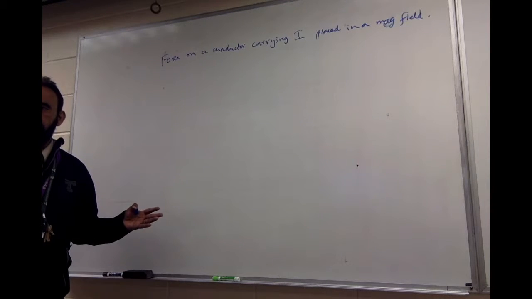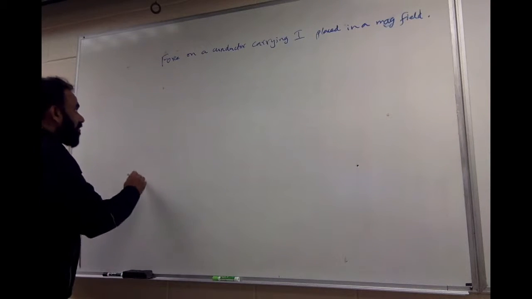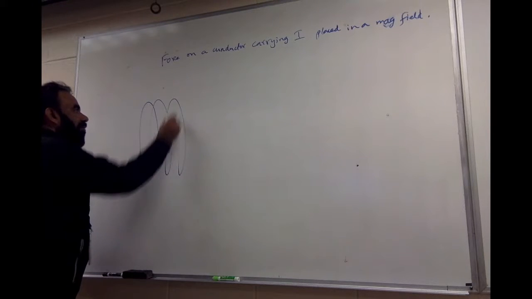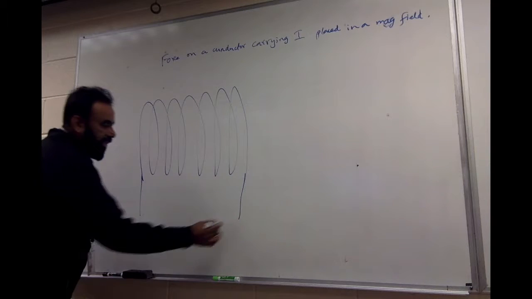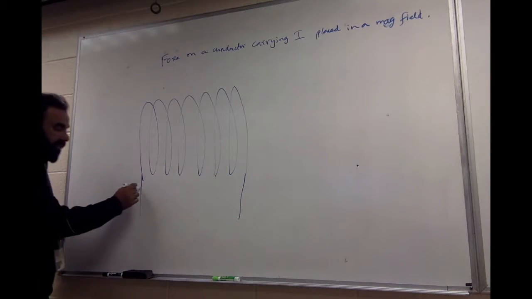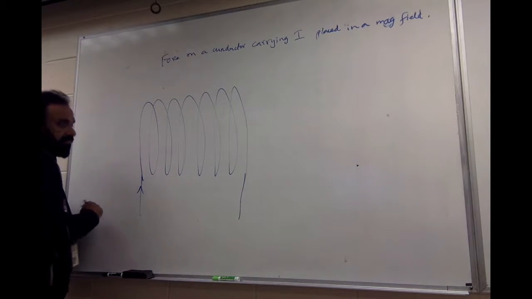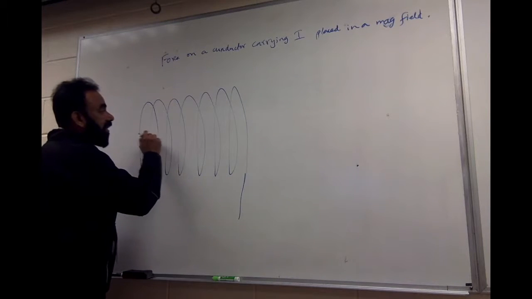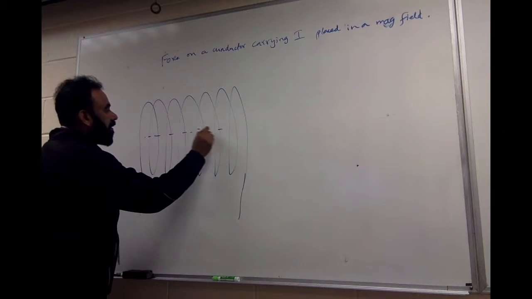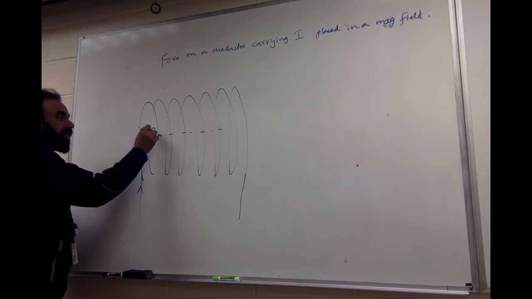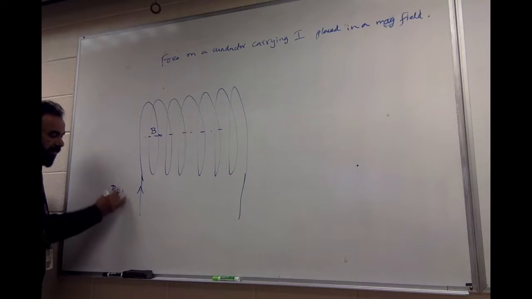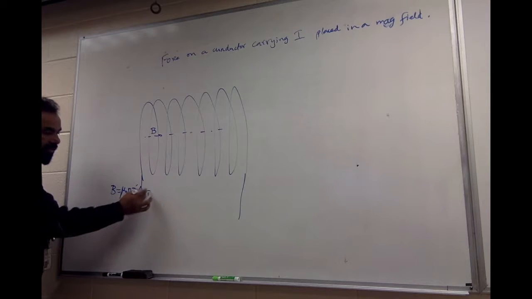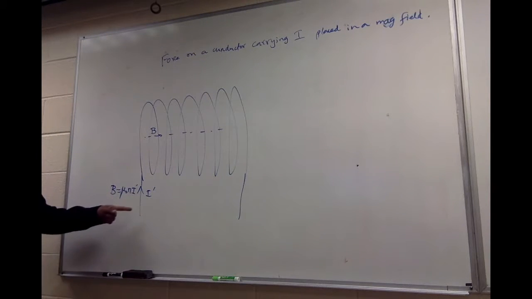If you want to create a magnetic field somewhere, a solenoid will be the best thing. So here is a solenoid to create a magnetic field. Now, I need to pass a current through the solenoid so that it will produce a magnetic field. I'm going to get a magnetic field right in the middle like this. This is the direction of the magnetic field I'm intending to get. All right? And that magnetic field depends on what? Mu naught N I. I'm going to call it I prime